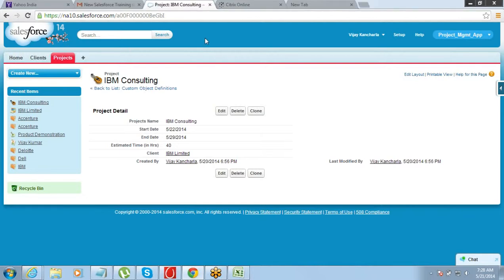Because the data which is already existing, it cannot find a parent for it. Yesterday I created a record and I did not assign any parent for it because there was no relationship. Now the moment I start creating a master detail relationship, it cannot create it because for the existing record it does not know the parent. For that reason, it does not allow you to create a master detail relationship if you have existing data in that object. So I just went and deleted one record and then I created the master detail relationship.